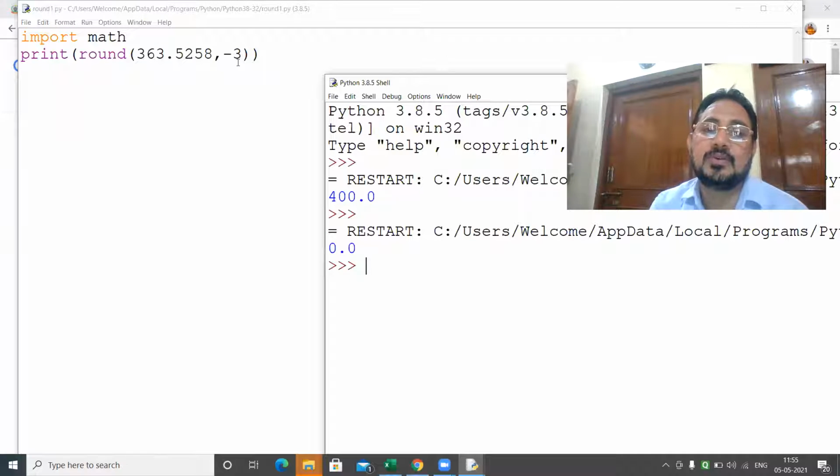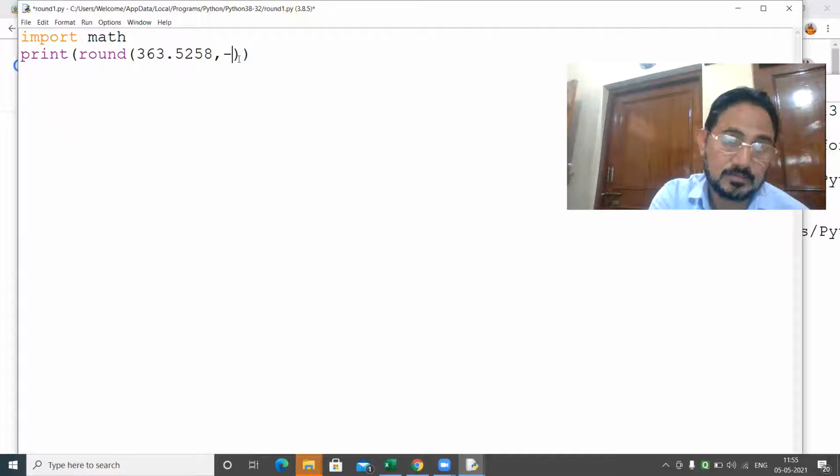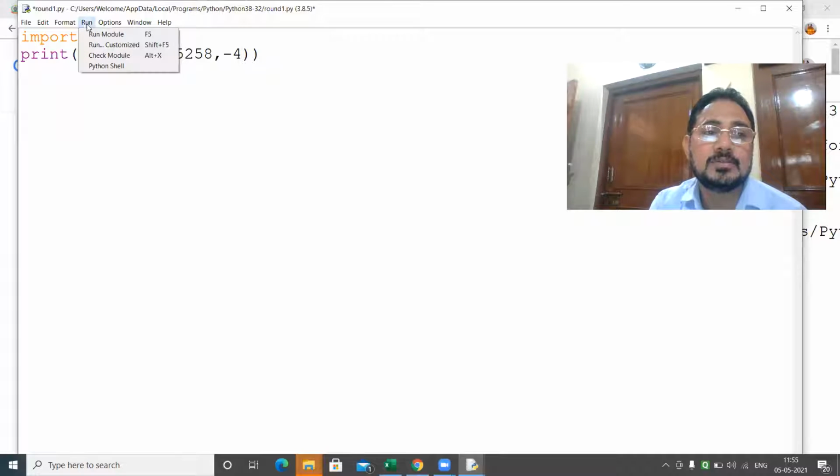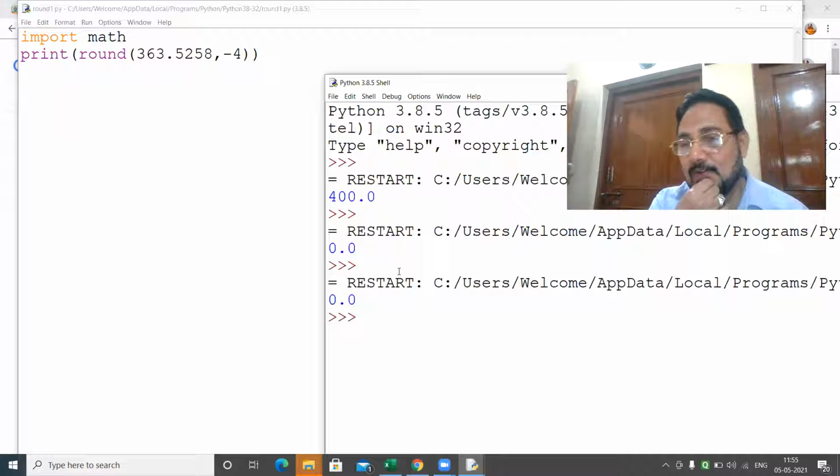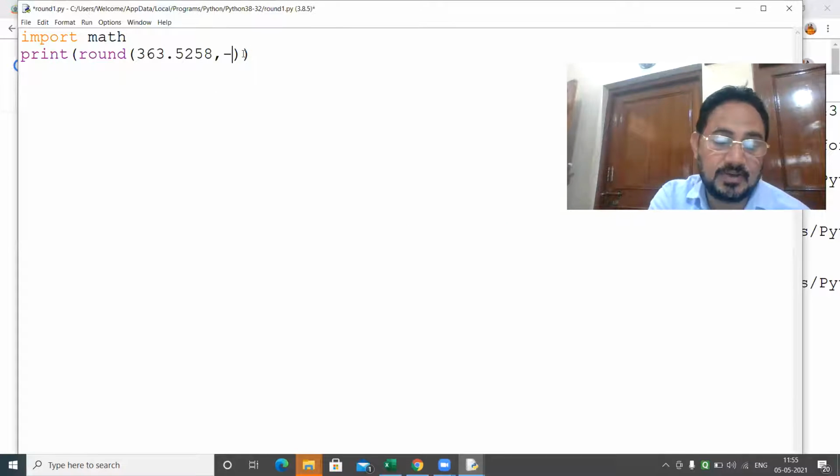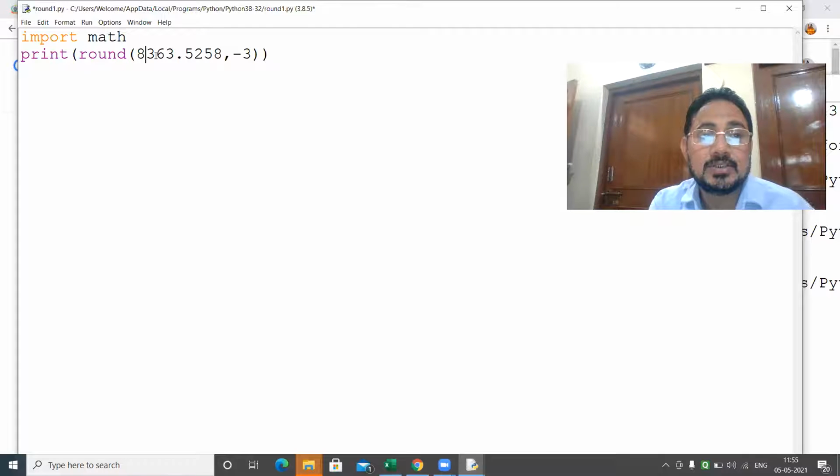Even you give -4, no value is there. So, 0, 0. So this is effective -3 when we are having here, suppose 8, or suppose 7. So this will become as 9,000.